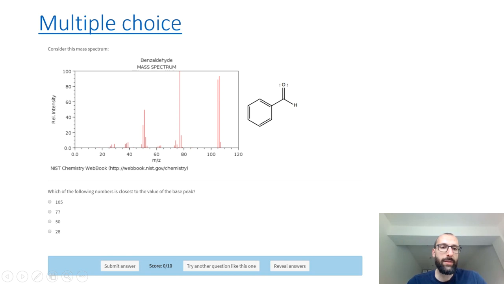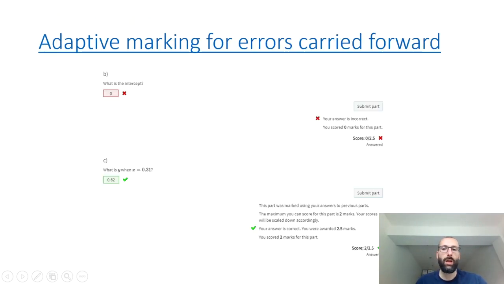Another type of question is multiple choice, and again, it is possible to randomize the order of choices, numerical values, and so on. Another very nice, smart feature that is especially useful for math-based subjects is adaptive marking, whereby students don't get penalized for errors carried forward.